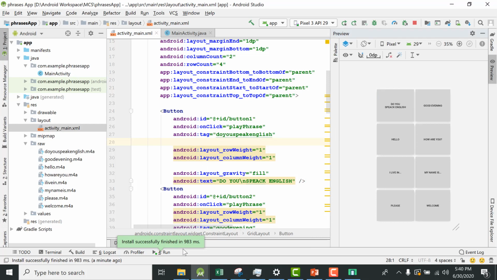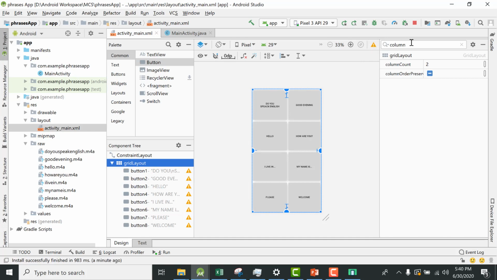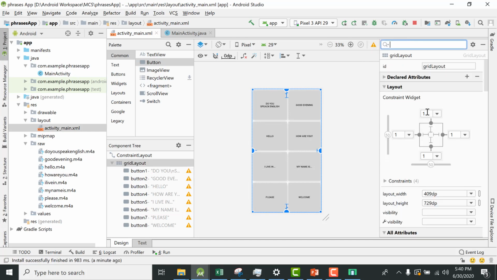Okay, let me go to the design of my tab, and here let us go to the grid layout, and let us remove these attributes, and let me just adjust my grid to 10 from the top and 10 from the bottom.